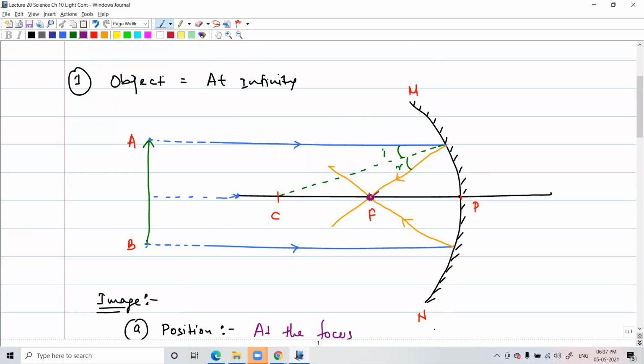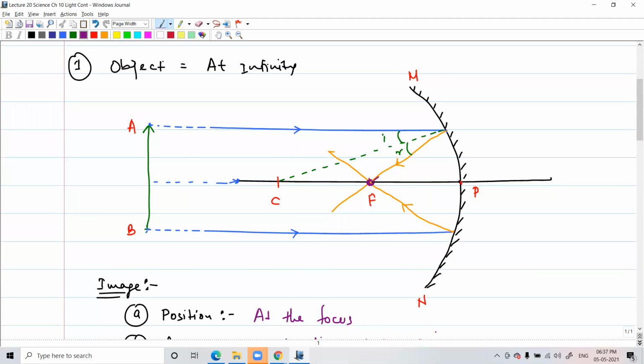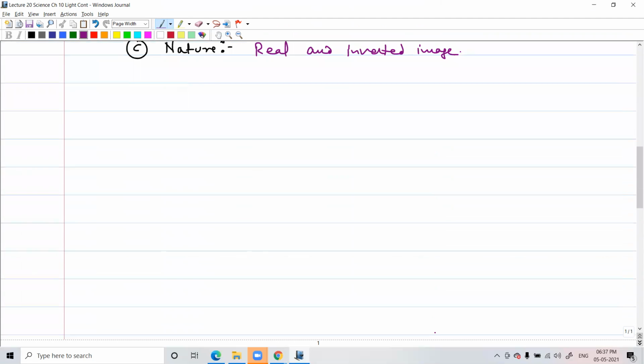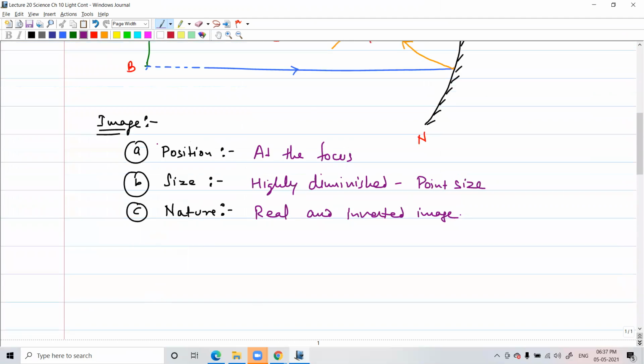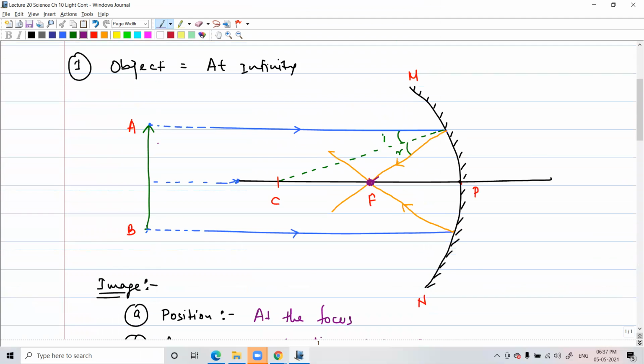So everyone is clear with the first diagram? This should be very straightforward and easy to draw also. Parallel lines meeting at the focus. There is no confusion about drawing this ray diagram. Hopefully. Okay, so let's move on to the second ray diagram where the object will be at